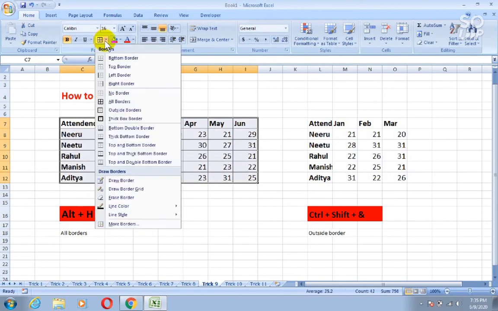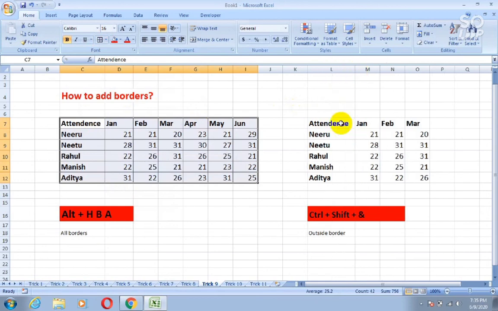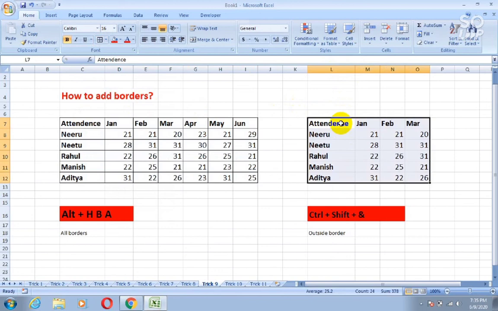Now if you want only an outside border in your data, simply select your data and then press Ctrl Shift and ampersand key, like I have written in the video also. You can check it out. So here the outside border is ready.